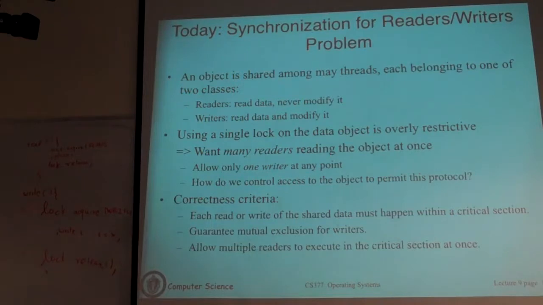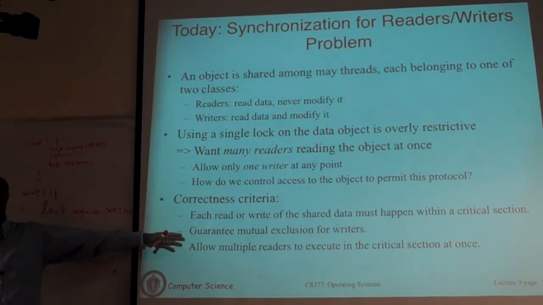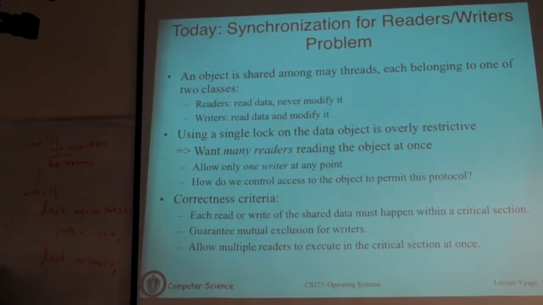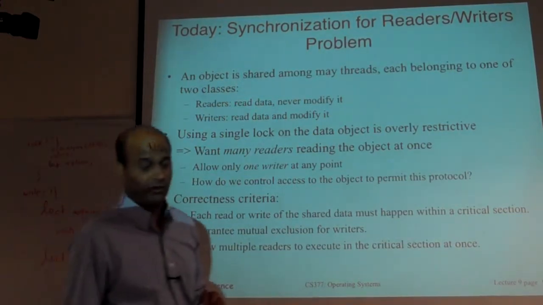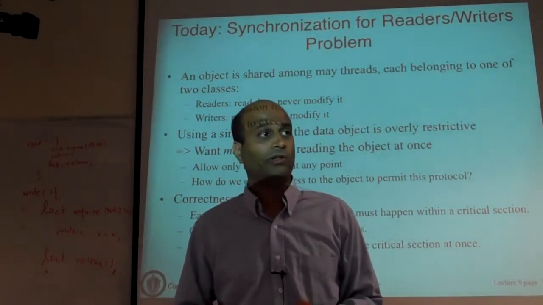The downside of that is, first of all, the semaphore has to be initialized to some value of n. That means that only at most n readers can go in at any time. Here we said unbounded. Okay? What you have is an approximation of what one could allow. And then you have to ensure that once the writer comes along, it has to wait for all the readers to finish and so on. Okay, so you could do something like that. Okay, what is a better way to do it?